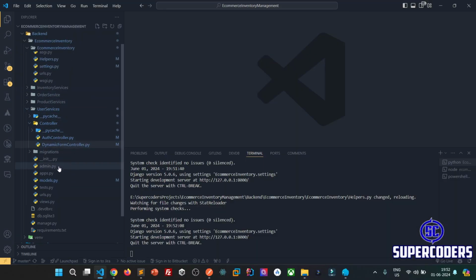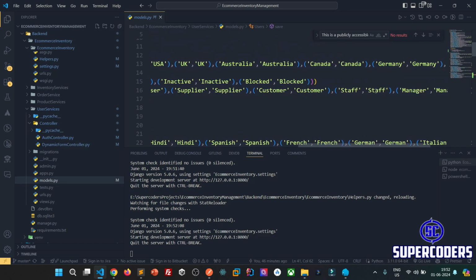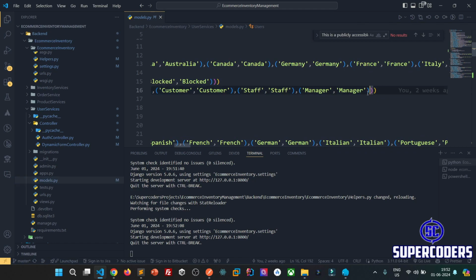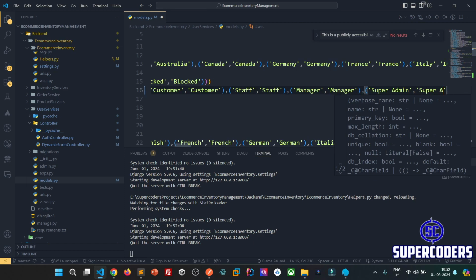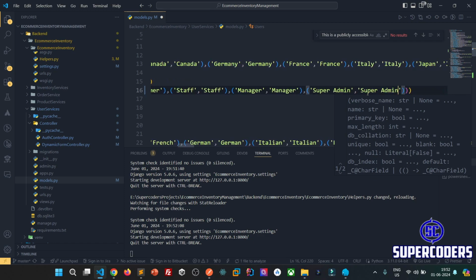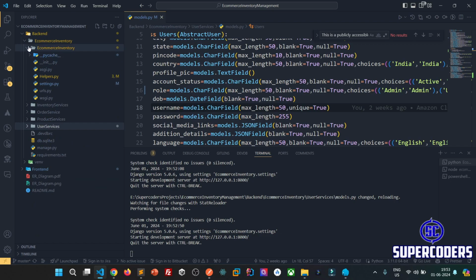Our user table, come into the model, and here in the user, I have choices of the users. I'm gonna add one more user type, which is super admin. Now save this. Now what I can do, I'm just creating one more middleware. So what I can do in the project, commerce inventory,